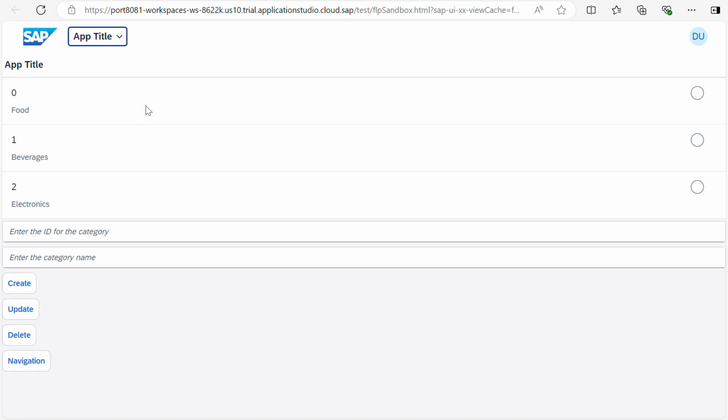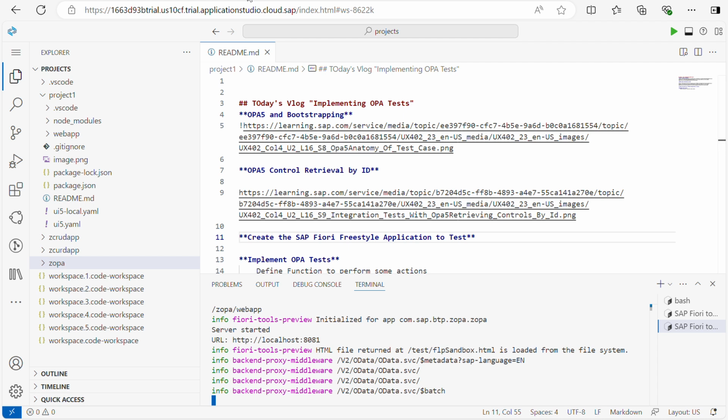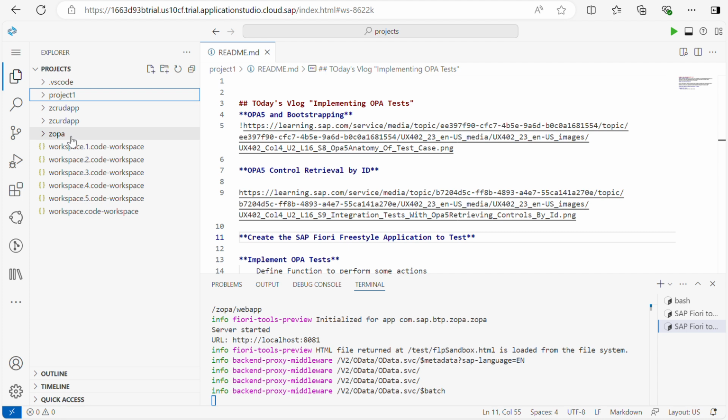Yes, as I told you before, this is my list page with input fields and buttons. Now I'm going to perform some OPA test cases for this. First, I will maintain data for the input fields and perform the create operation. But before going to that, once you create a Fiori elements application, first learn how to run the